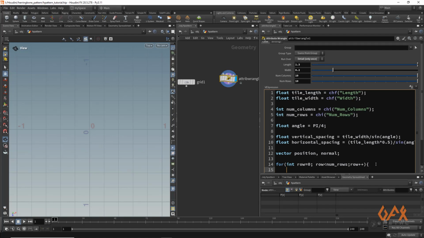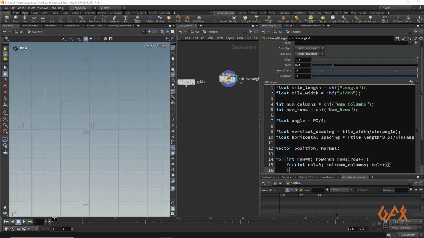Create one more, that is for integer column is equal to 0 semicolon, column less than number of columns, and column plus plus. Again that should also start and close.